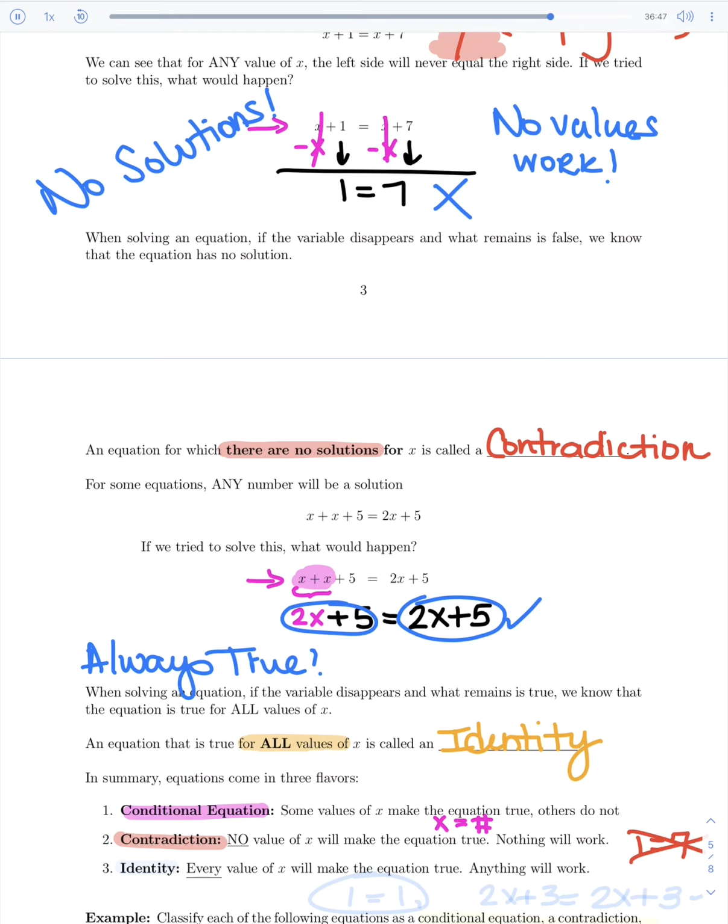And we also have the flip side of this, something where anything you can possibly think of works, and that's called an identity. In identities, you get something where both sides are the same, something you know is always true. You might get something like 1 equals 1, or you might get something like 2x plus 3 equals another 2x plus 3, because something always equals itself. That is always true. Any value will work when you get the same thing on both sides. So, when you have these problems in your homework that say, ooh, I need to identify these,